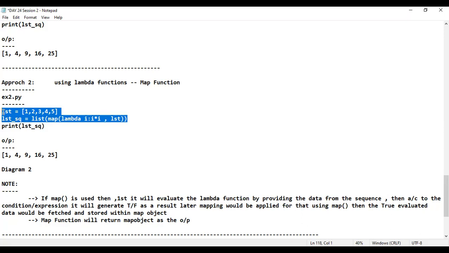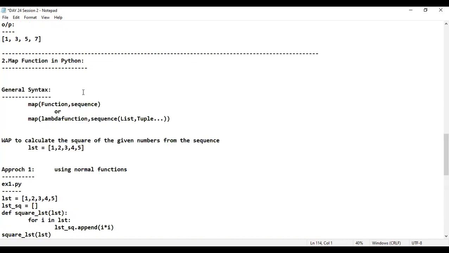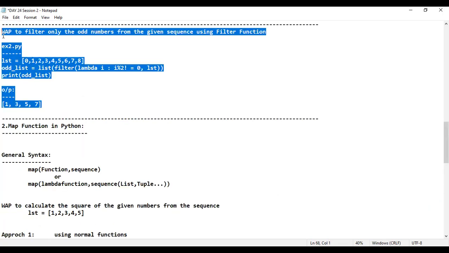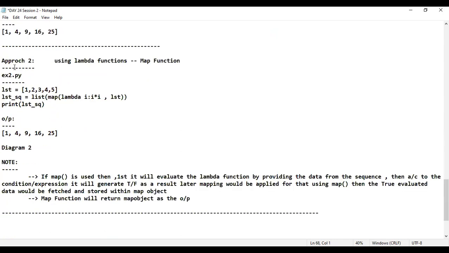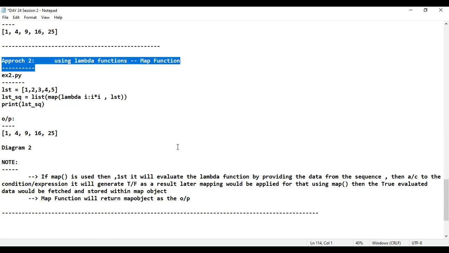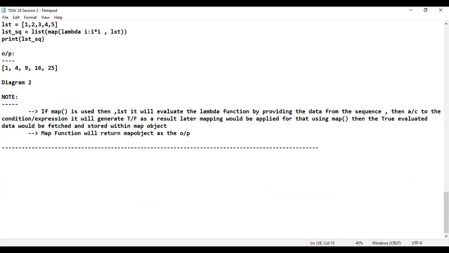Guys, in the real world, many examples they can ask in the interview. I'm just showing you how map function can be used. Forget about whatever I'm trying to do. Here I'm trying to square the number. Here I'm trying to filter the even number, odd number when it comes to filter. You don't worry about the example. Please worry about the approach. That is very important. That's the reason I told you the approach. Is that fine? Okay, great. What is the last one?